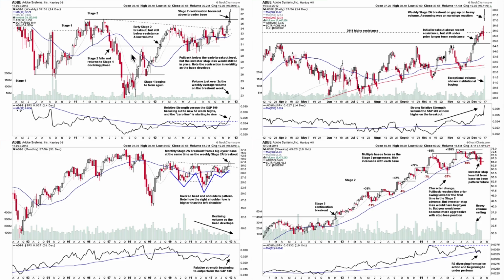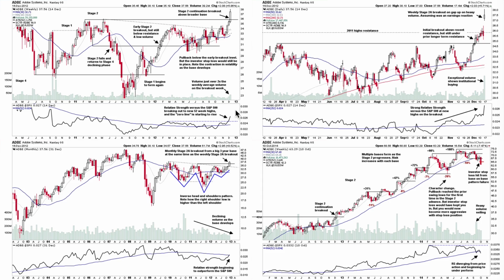So let's start by looking at the characteristics that we look out for in stage analysis. On a stage 2A breakout, we're looking for the 30-week moving average to start moving up. We're looking for the price action to be above a rising 10-week moving average. We want volume to be over 2 times the weekly average on the breakout, and we want to have strong